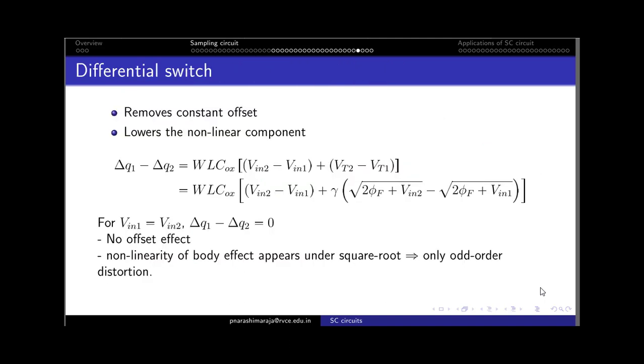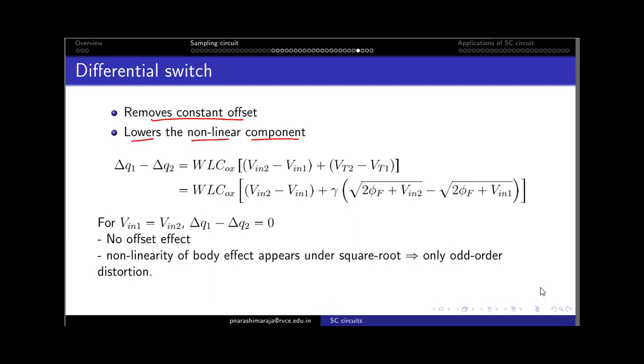Okay, but it has certain advantages when we compare it with the previous techniques like the dummy switch as well as the complementary switch. In general, since we are reading the errors differentially, it removes the constant offset error. And one more thing is that it doesn't eliminate, but it lowers the nonlinear component